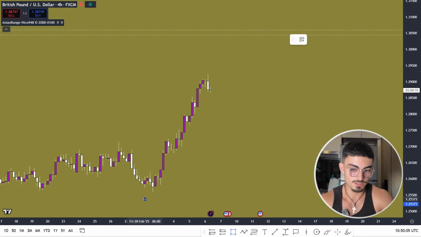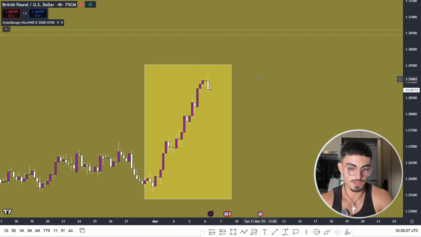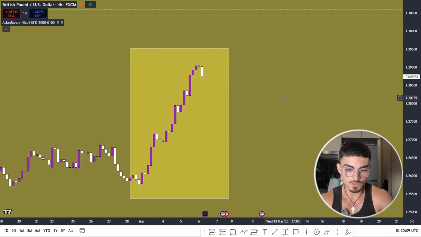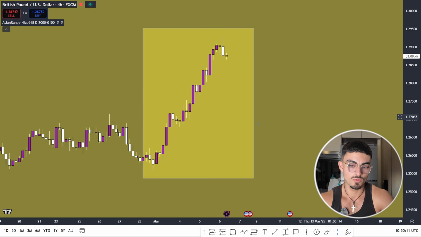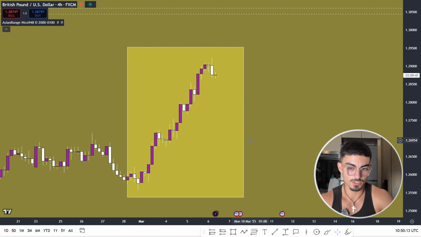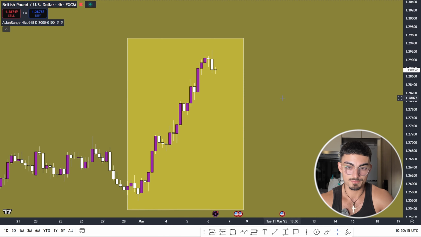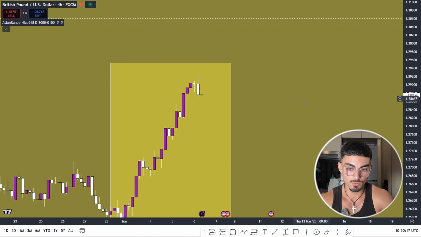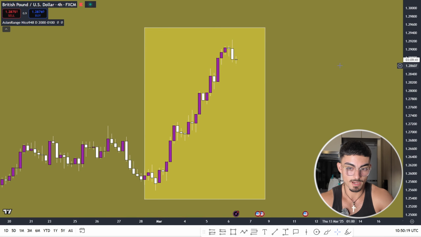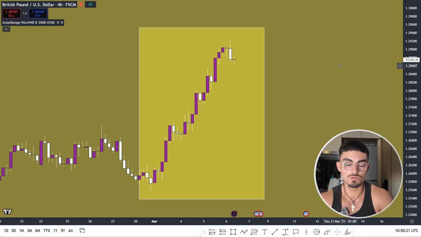The only thing I care about in this example is going to be this area right here, okay? As you can clearly see, we are very, very bullish. Clearly we're trending higher, and the super important thing to do is to just look for buys, okay? The only way I would look for sells is if we saw a very clear change of character to the downside on the 4 hour time frame, okay?